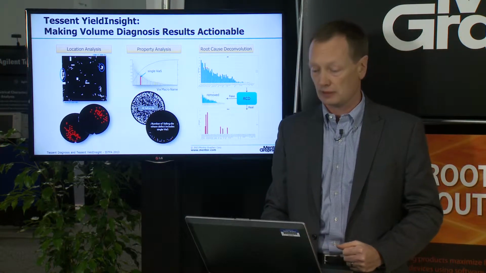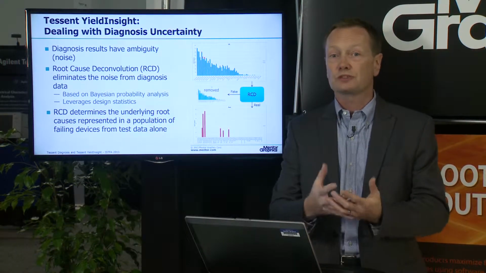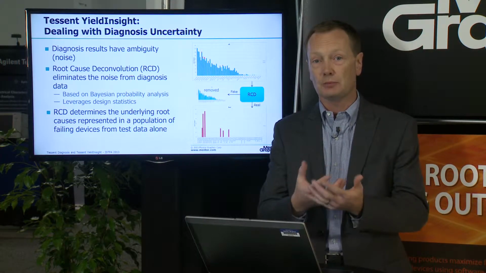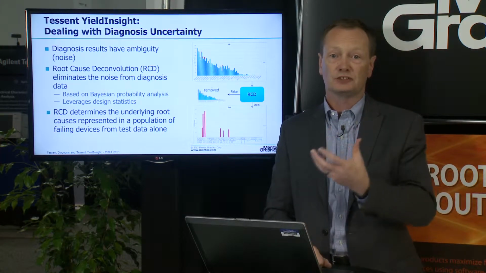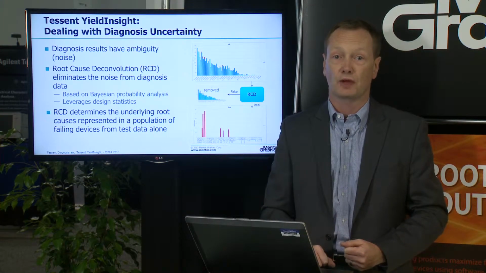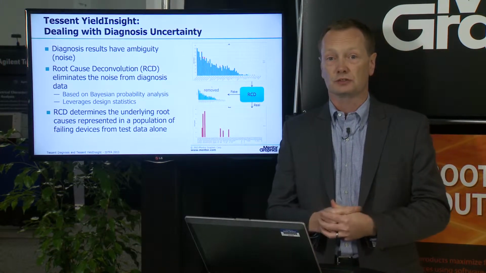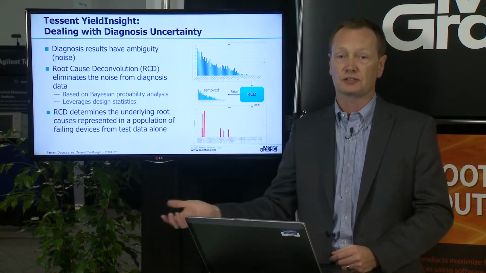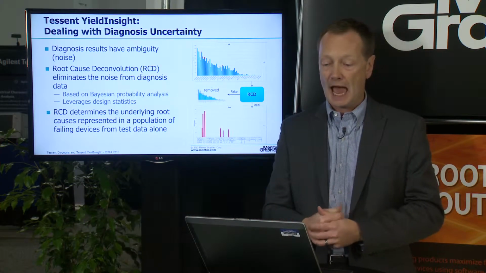and get very accurate defect Paretos. The fact of the matter is that no matter how sophisticated a diagnosis tool or solution you have, there is some ambiguity in the data. You might see that the tool, for instance, will say that there could be multiple defect types that could cause this particular failure. It can't quite make up its mind. The root cause deconvolution technology uses statistical enhancement to combine machine learning and design statistics to eliminate this noise and give you a very accurate